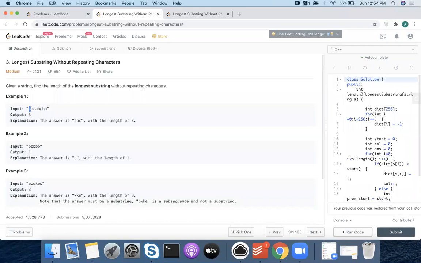But here I'm starting from 0. So I get A, 0, B, 1, C, 2. When I get A, I get a match in the dictionary. I compare it with the start. I see my start is 0 and A is also occurring at 0. So 0 is not less than 0. If it were less, let's say I started from B, I would write B, 1, C, 2, A, 3. Before writing A, 3, I see that A is at 0, but it doesn't matter to me because the start of my substring is at B. So I will always compare the position of the character in the hash map with the starting point. My starting point was 0 and here A is also at 0, so I do need to consider that.